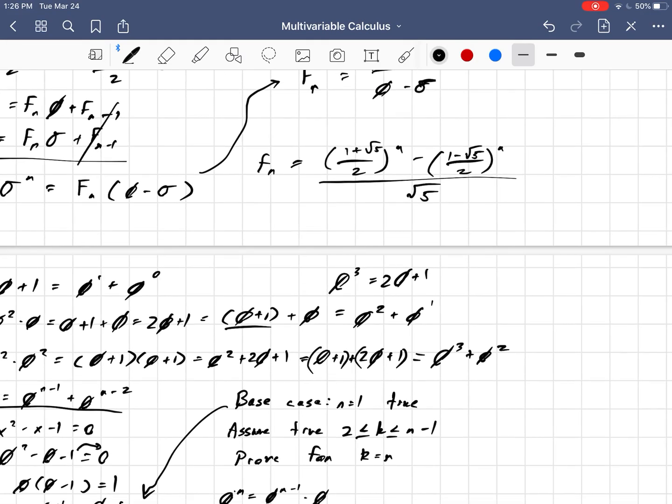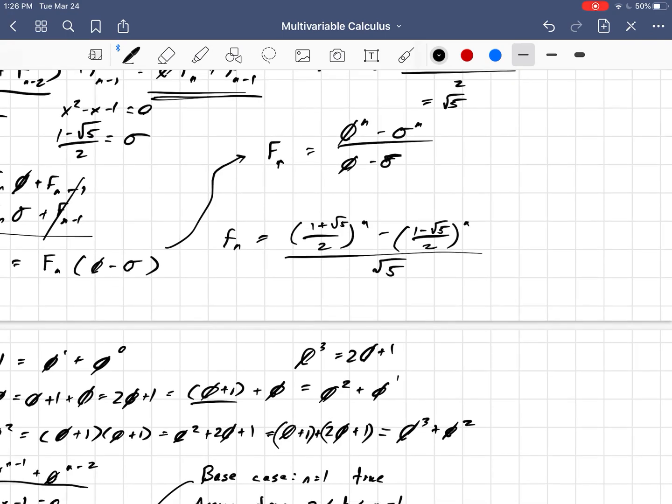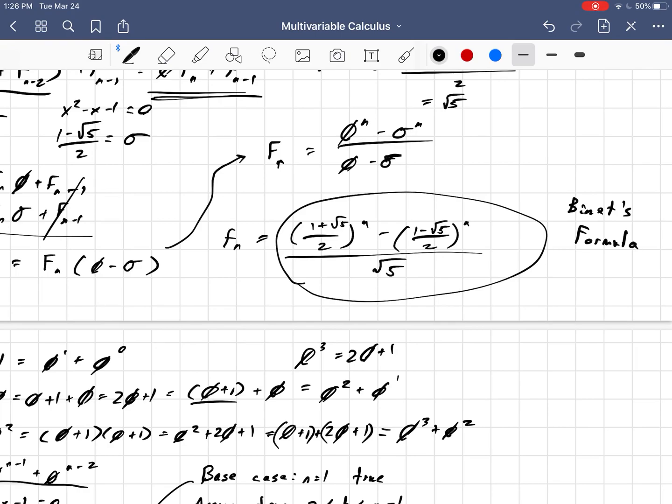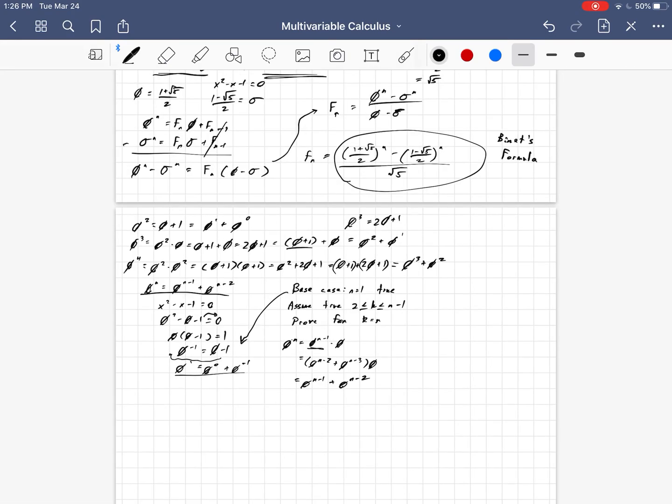But that covers some pretty cool parts of the Fibonacci sequence, and you can explore it for yourself. Oh, and if you're interested, this formula here, the explicit formula for the nth Fibonacci number, is called Binet's formula. If you want to take more of a look at it, I think